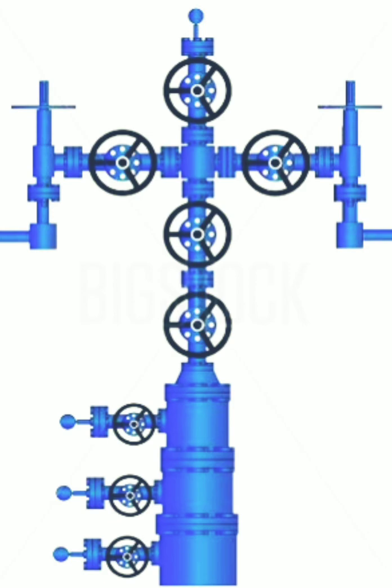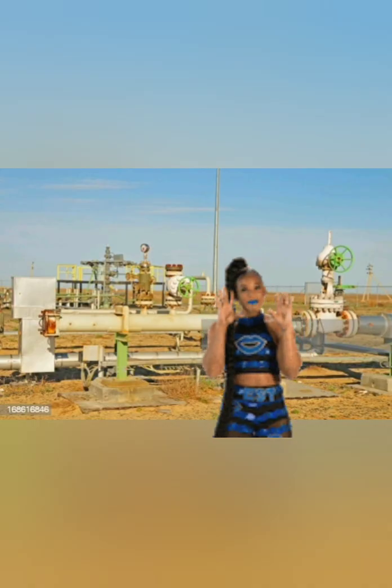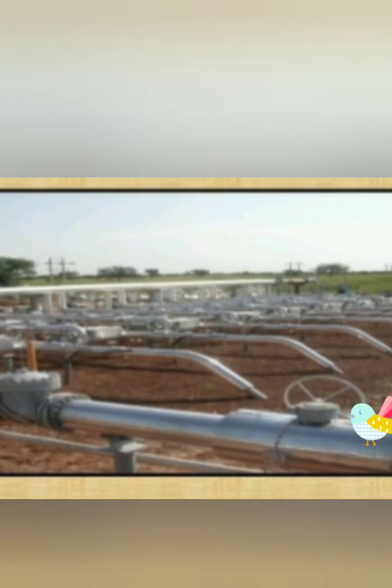In the subsurface we also have one surface-controlled subsurface safety valve, which together with the double SV is called triple SV. Then the fluid stream goes to the gathering header through the flow line. This is the gathering header. Here the flow from different wells connects into a single line, which is called the gathering header.